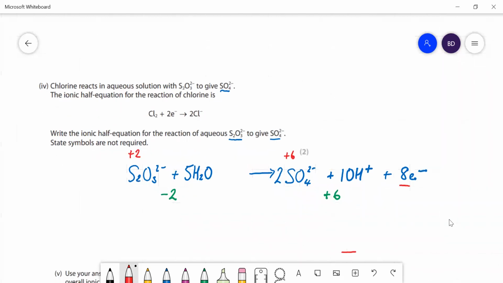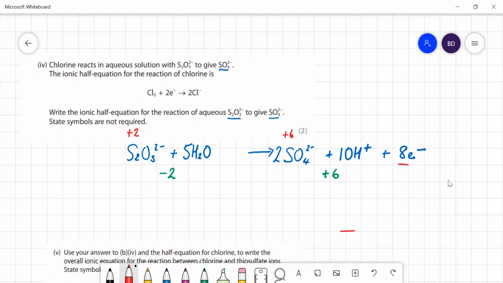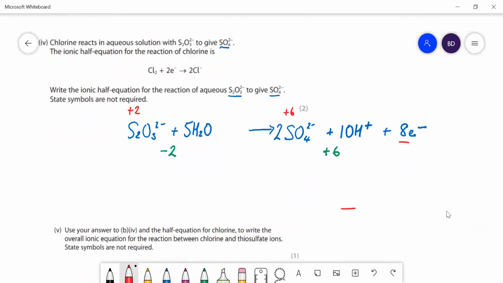Okay, and the next part of that equation: use your answer to B4 and the half equation for chlorine to write the overall ionic equation. Now this one here is a 2 electron process, and this one here is an 8 electron process. So we're going to have to multiply this one by 4 before we add them together. So the final equation is going to be